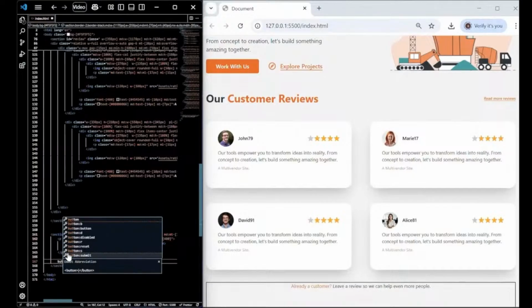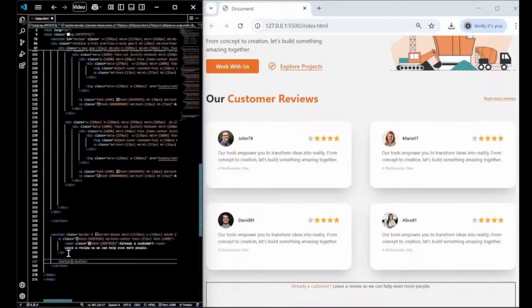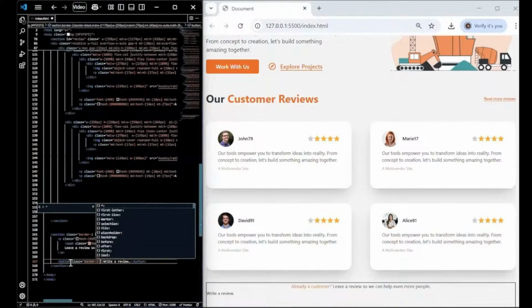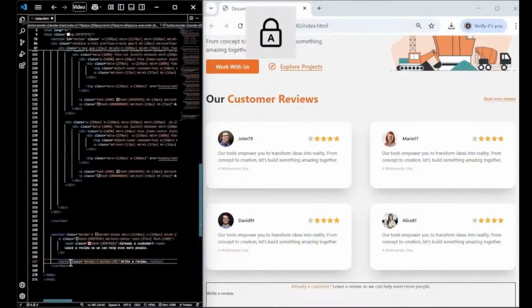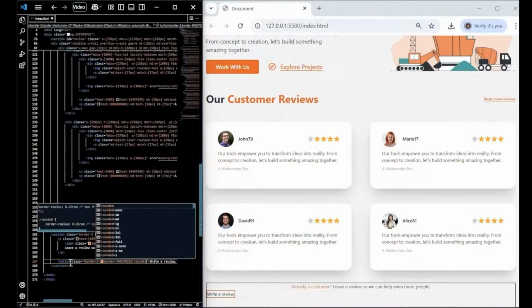So let's create a button tag and let's write something inside it. So we will write a review. So let's style this button. Let's provide a Tailwind utility class, and then we will give it border 2 and border hashtag ED702B. The border color is orange, and for the smooth corners, let's give it rounded MD,